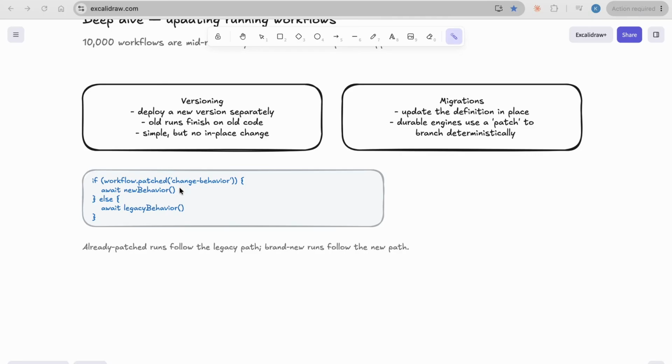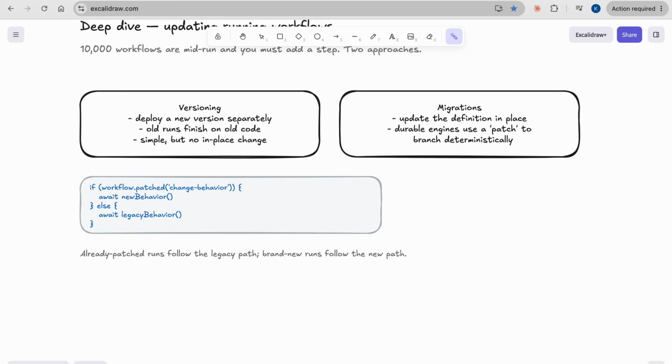For executions whose recorded history already extends past this point from running the old code, it returns false, and they stay on the legacy behavior. So that's versioning and migrations, for when we want to add a new step to existing runs and adapt the new path and old path.